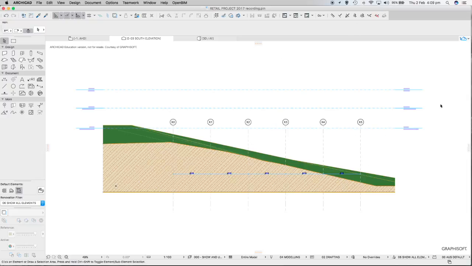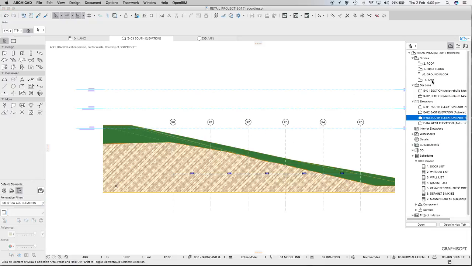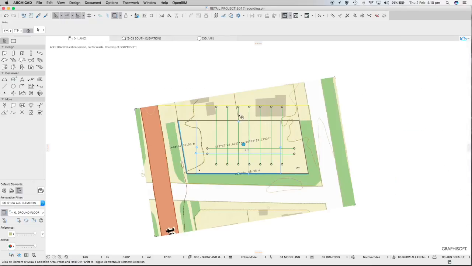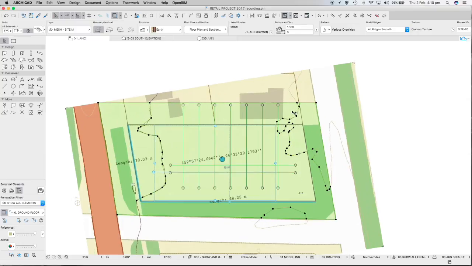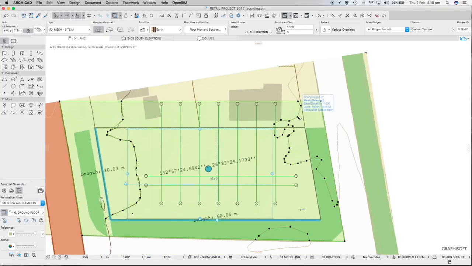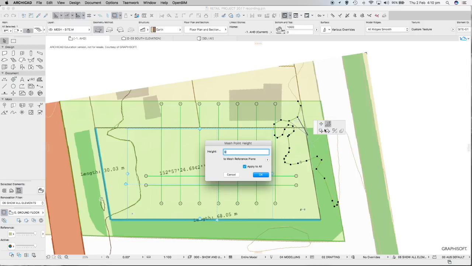Okay, so we'll just go back now to look at the AHD story level. So dropping down, going to the AHD story level, double click, and we'll make those changes now to this contour line over here. So selecting the mesh and then selecting one of these internal points on that contour line, select it again, changing till you've got the elevate mesh point in the pet tool,